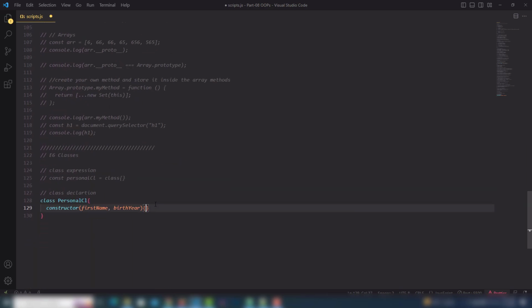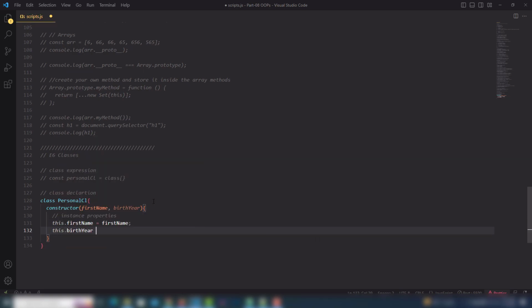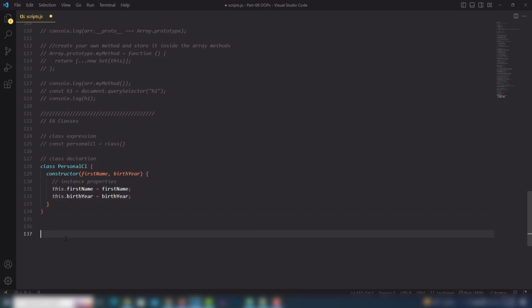Right, use curly brackets and I'm gonna use same tactics. This is the instance properties. So I'm gonna use this dot first name, this dot birth year. Right, so we're gonna call it